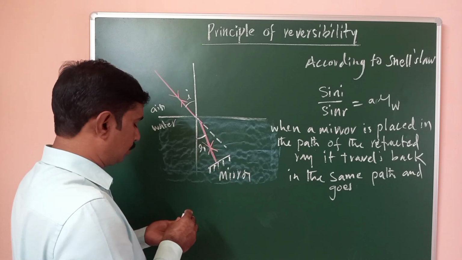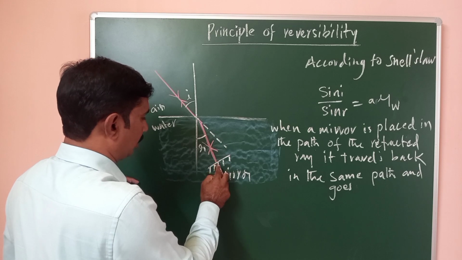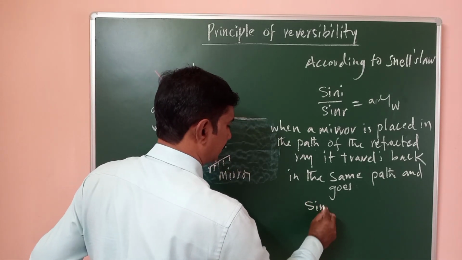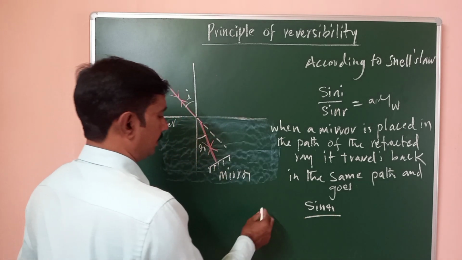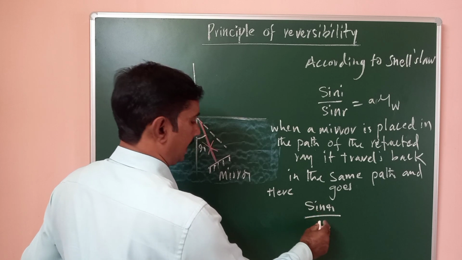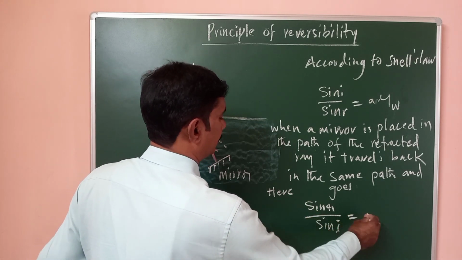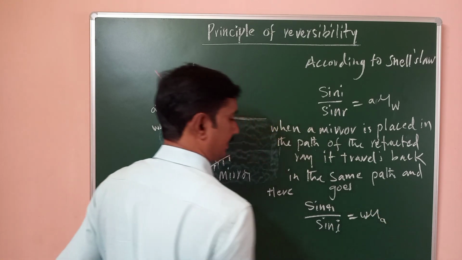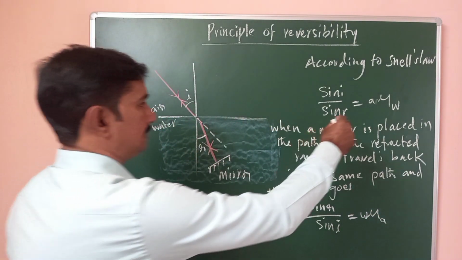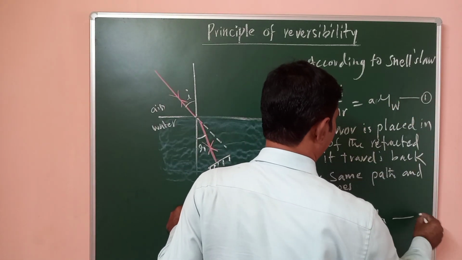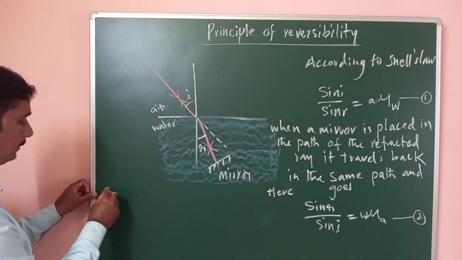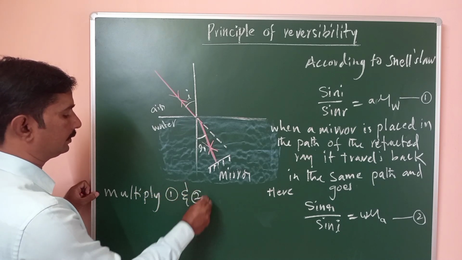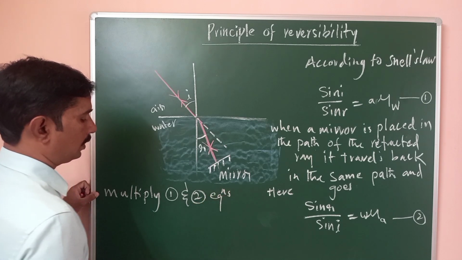Now, when the light is going after falling on the mirror, this is the incident ray to this surface. Therefore, sin r becomes sin i. This is the incident ray. Here, sin r by sin i is equal to mu. The light is going from water to air. Mu W to A. Considering this to be equation 1 and this to be equation 2, if we multiply equations 1 and 2,